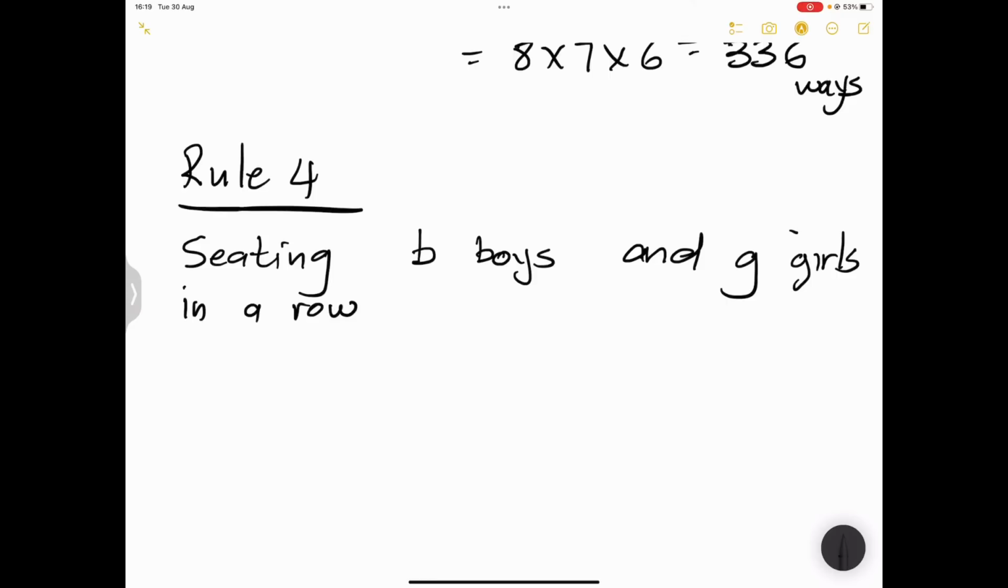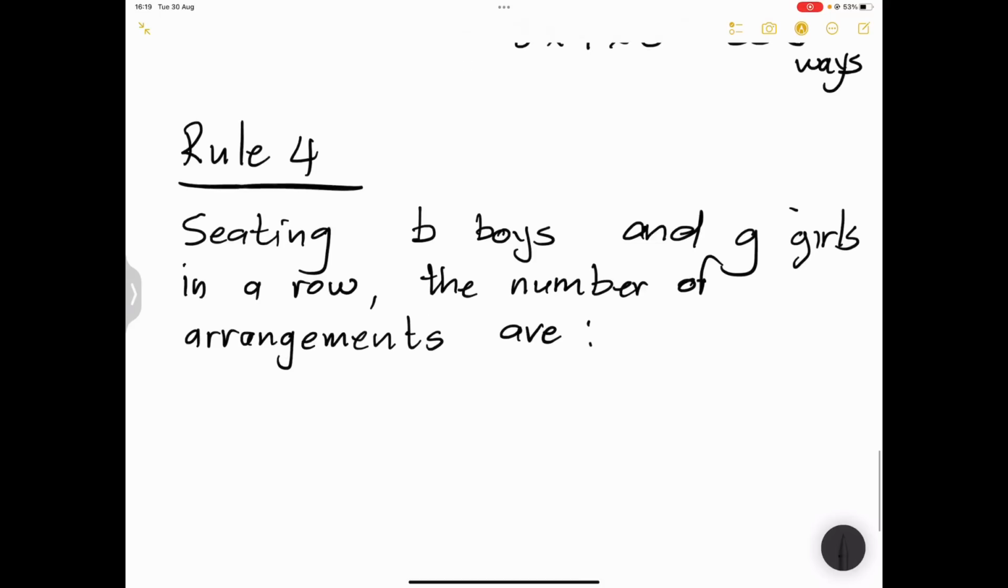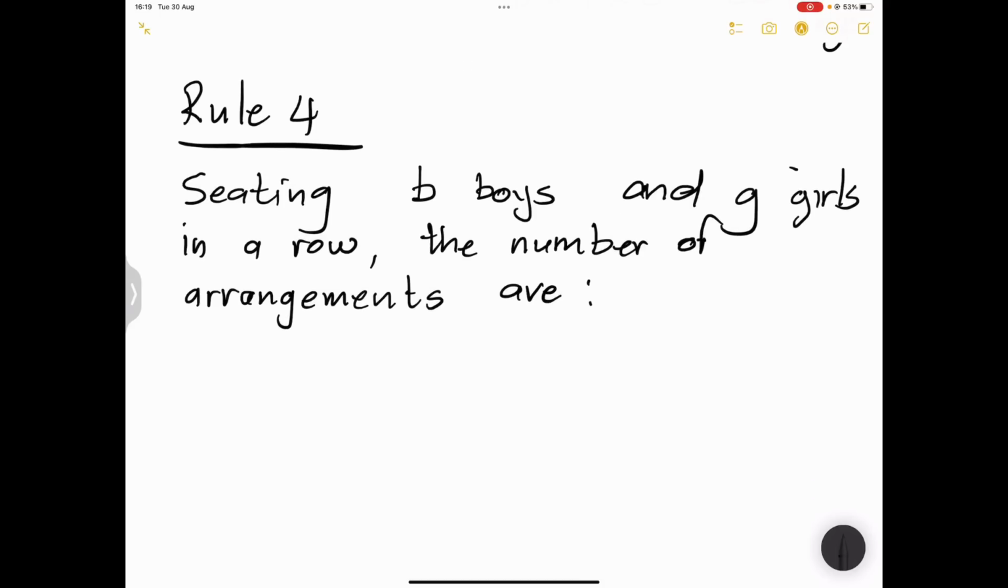Now, I'm going to consider different possibilities in this case. The number of possibilities, or the number of arrangements that can be made, will be as follows. So if we want them to sit in order, and I'm going to show you this later on, if we want boys and girls in order,